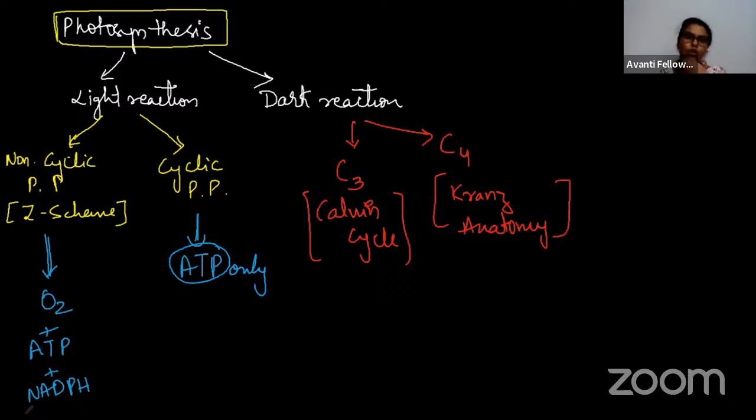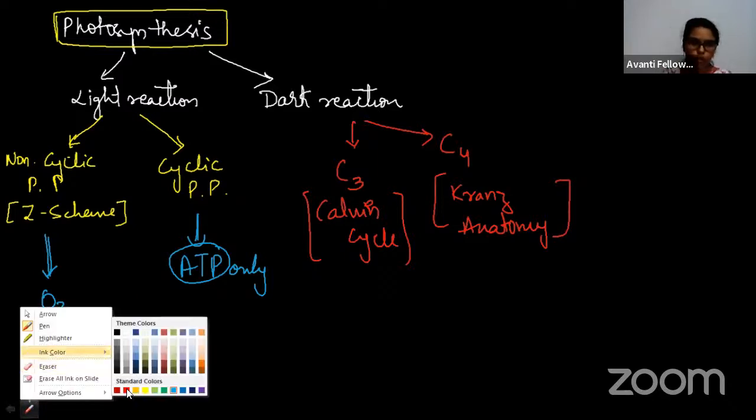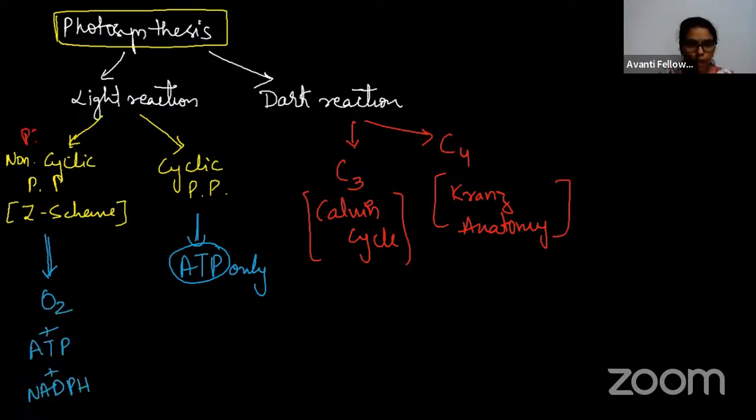Okay, so here what is going to happen in the process of photosynthesis? There are two main phases, light and dark reaction. Light reaction, non-cyclic photophosphorylation, cyclic photophosphorylation will occur. तो नॉन साइक्लिक में कौन कौन इन्वॉल्व होते हैं? बोथ PS1 एंड PS2 दोनों इन्वॉल्व होते हैं. In the cyclic only PS1. ठीक है, तो नॉन साइक्लिक में we are going to get oxygen, ATP and NADPH, whereas in the cyclic only ATP will be originated. So this ATP and NADP are used in the dark reaction. ठीक है, so this is one step.